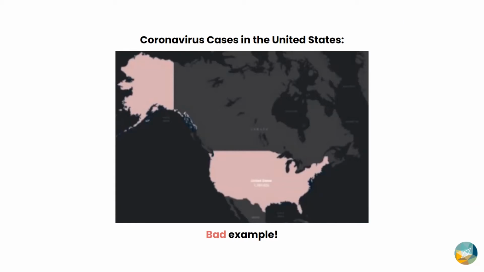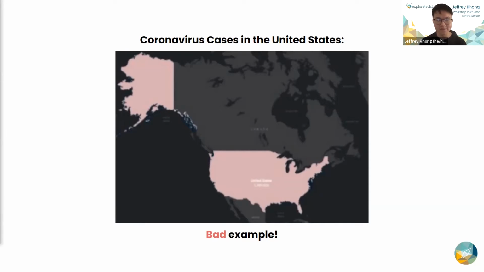You know, it only really tells you one thing, and that's the number of cases, and it's not even really legible or clear that that's what it is. Yeah, exactly. So if I were interested in knowing the amount of coronavirus cases in the U.S., this is a pretty bad example. Just because it doesn't really tell us anything about the U.S. Yeah, it's not comparable to other countries. Even within the U.S. itself, it's giving us one blanket number, as you mentioned, and that's not really helpful to us. And if we were interested in looking at what we can do to prevent more cases from happening,